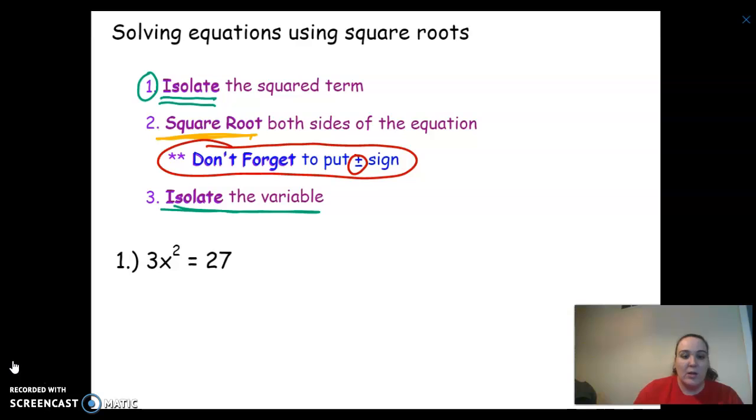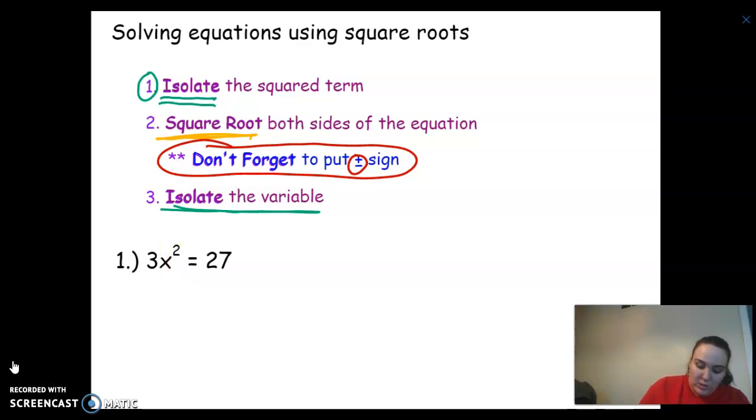3x squared equals 27. What I have found helpful when doing questions like this, if you have a highlighter or a colored pencil next to you, you could say, here is my squared term. Let me pick a different color. Okay, my squared term is just right here, that x squared. Another way that you could do this is